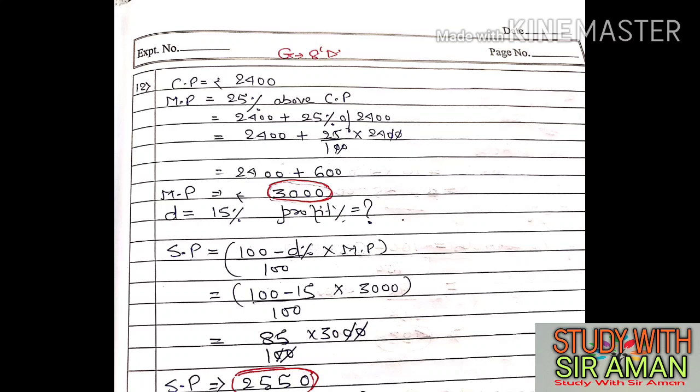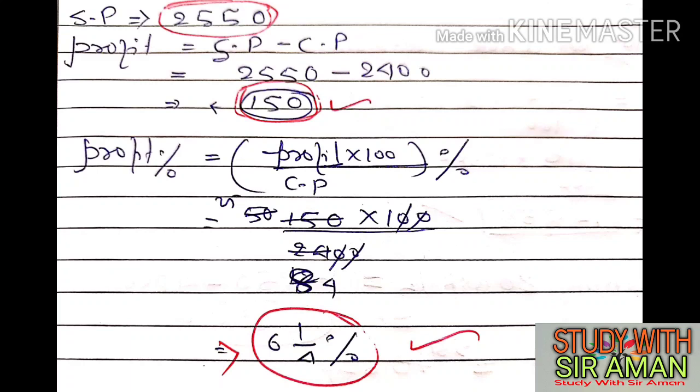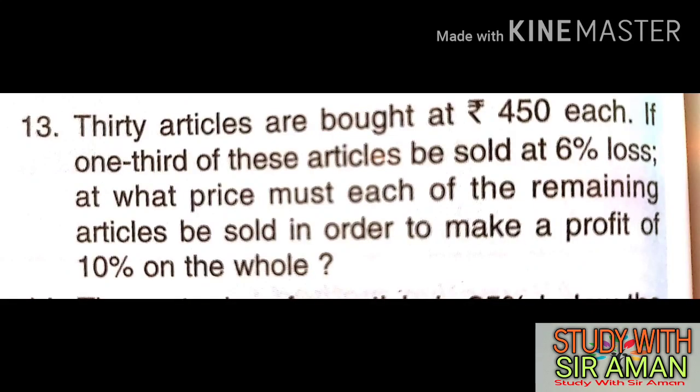It is the question. So for profit, when it's selling price, we will use the formula of selling price, 100 minus discount percent by 100 into MP. Selling price is 2550, okay, and cost price is 2400. Now we are having gain means profit. Check profit. Profit, selling price minus cost price, 2550 minus 2400, 150 is profit. Now profit percent, profit by cost price into 100. Calculate, your answer will come. Okay, this question is very important, you have to understand nicely.